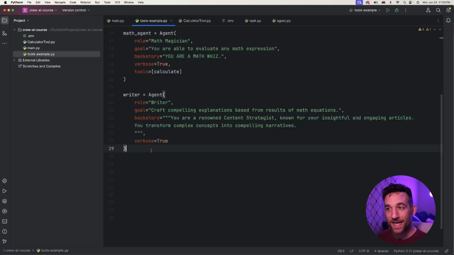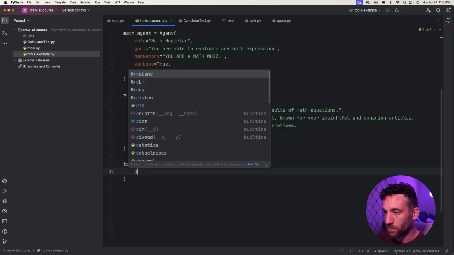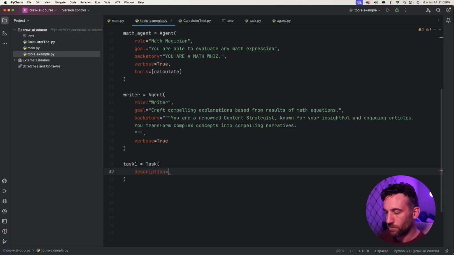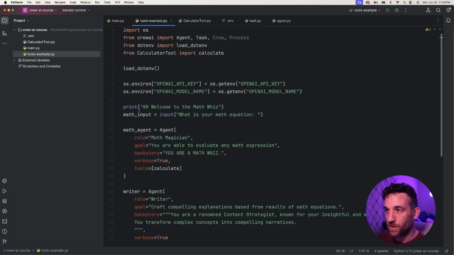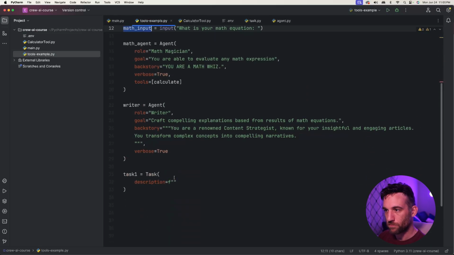The next one is the task that we need to give to these agents. So what we're going to do first is say task. Go ahead and give some space. Say task1 equals Task. And again, we need a couple attributes. So we're going to say description is equal to, and then F for format, and then quotes. And what we're going to do now is take this math input, whatever we give in the terminal, and give it here as a variable,